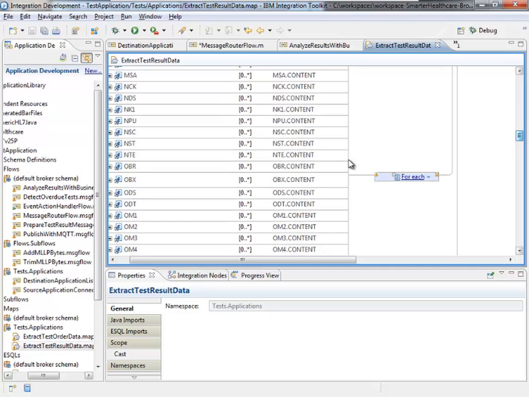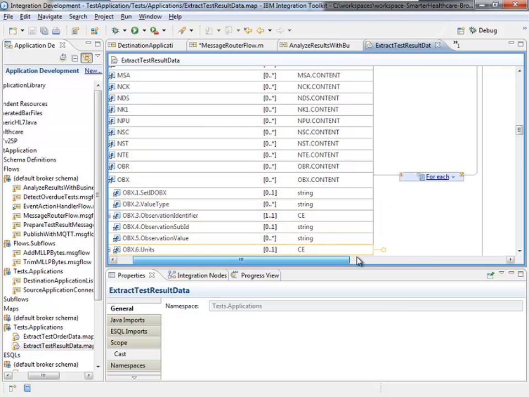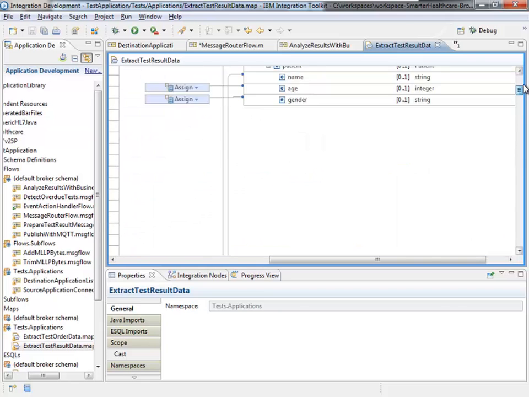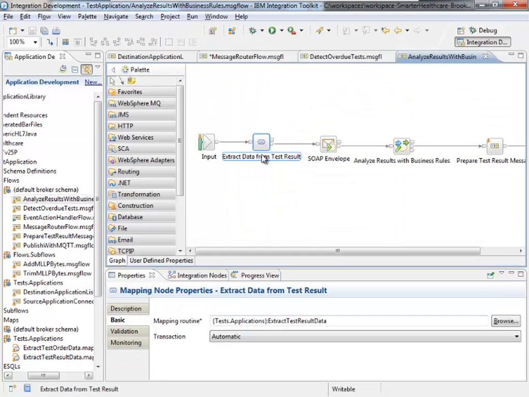I'm also pulling out information from my OBX segment, which is where we saw those test results. For each of these OBX segments, I'm pulling out information such as the value type, the units and the observation value, etc. And that I'm going to put into my destination message that I'm going to send to my business rules engine for it to make a decision as to whether there's anything inside of this test that we need to be concerned about. So that's diving into our map, and that's what that component means. It's a transformation from one format to another using a visual drag and drop style of interaction.